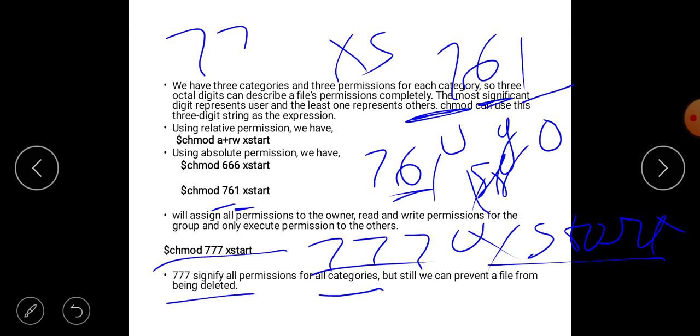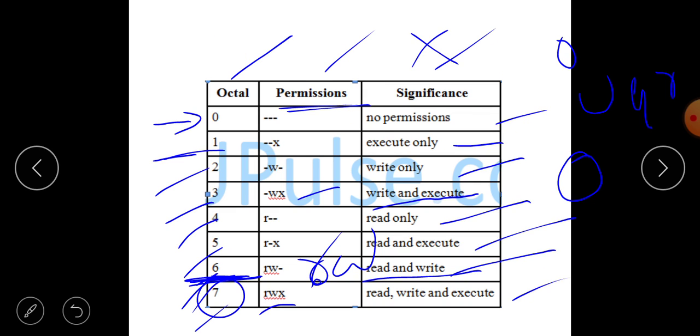This 777 represents read, write, execute for the user, read, write, execute permission for the group, read, write, execute permission for the other, because we know that the number 7 represents the read, write, execute permission.